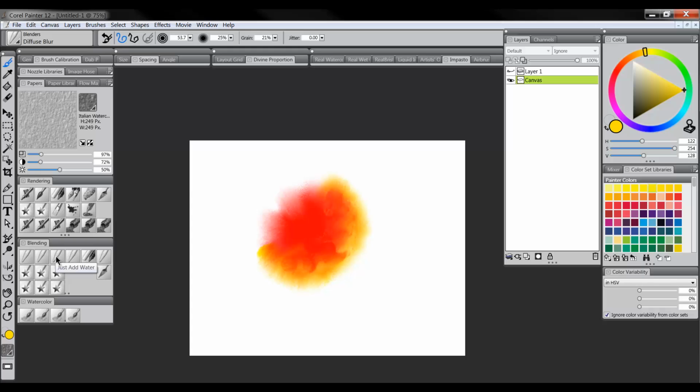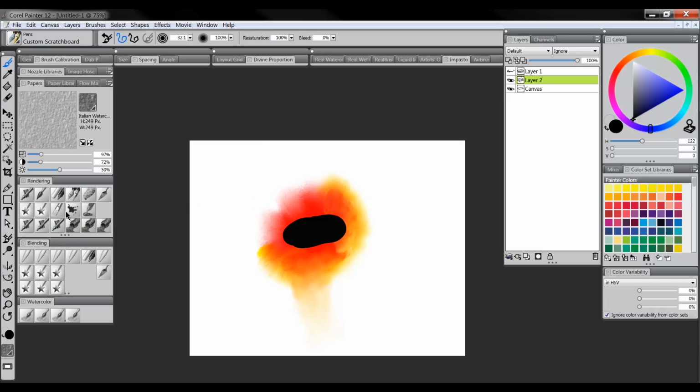There's another kind of interesting brush called Just Add Water, and that just adds lighter and lighter color as you paint over a color. So it really makes it look kind of like it's running water. That's a really good blender if you're just working on one layer, but if you work on separate layers, there's kind of an issue where if you put down some color and then you try to blend it with this brush, the Just Add Water brush,